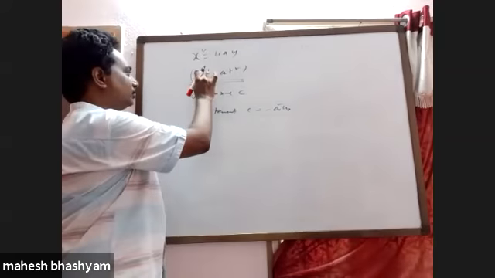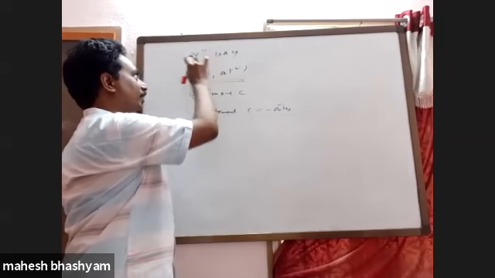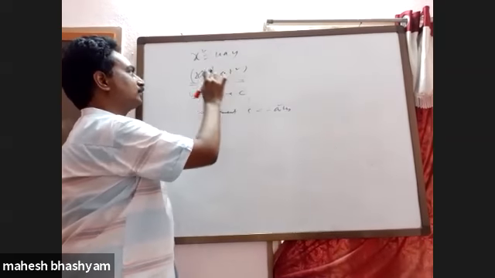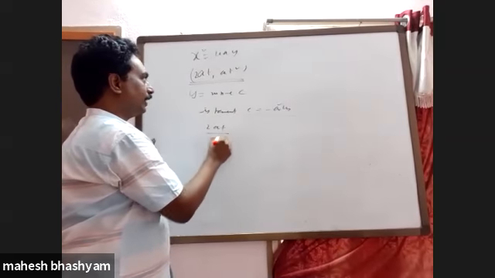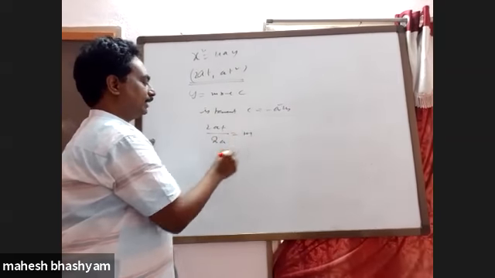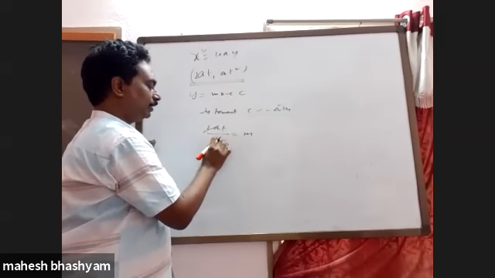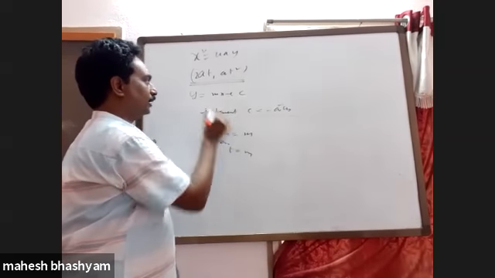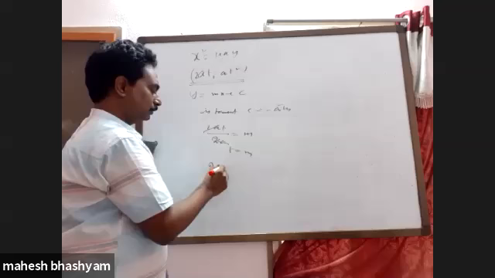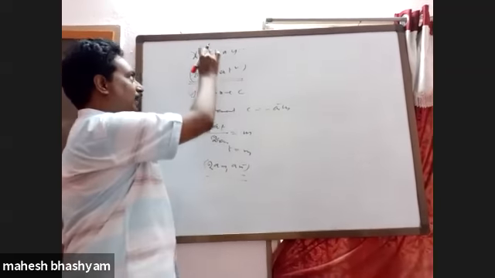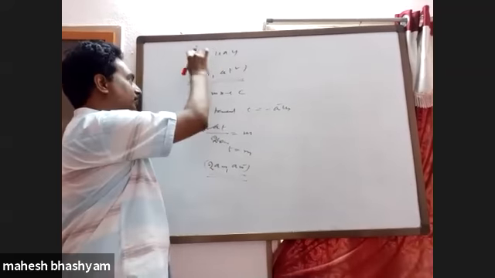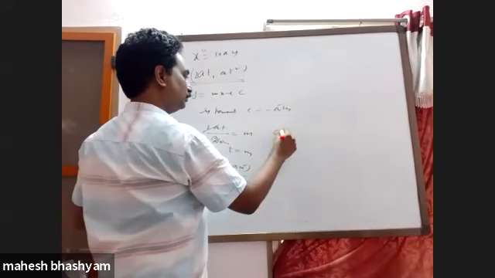The tangent slope can also be found. Point of contact means it lies on the parabola and also on this line. Tangent slope is dy by dx. 2a by 2a is taken as m. 2a cancels, then it is left with t is equal to m. Then the point of contact is 2am comma am square. It also lies on the line and also on the parabola. It is substituted on the parabola.